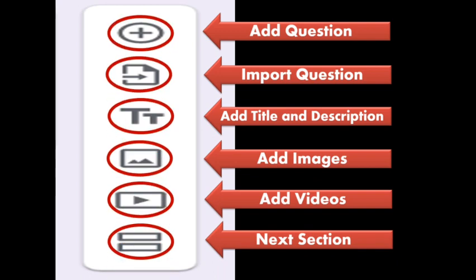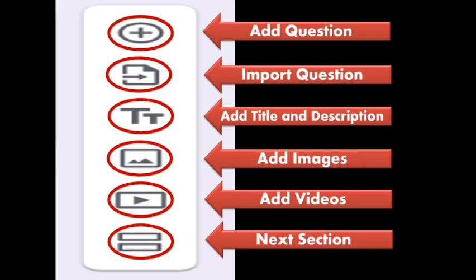What we see next is more options on questions. First one, add question. This option is used to add or insert more questions to our form. Then the import question option. It is used to import some questions from an already created form. If we want to create a separate title and description for the form, we may use title and description.